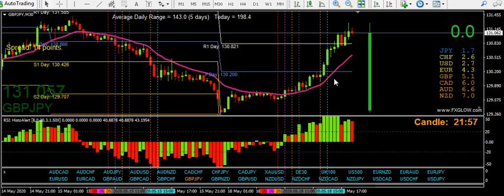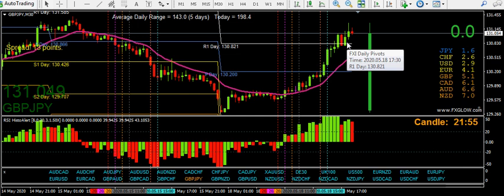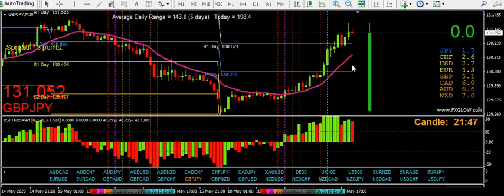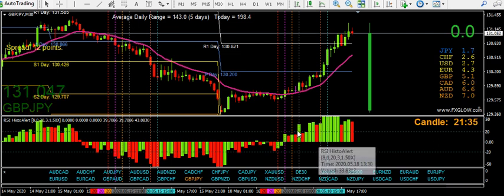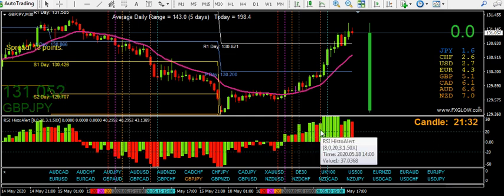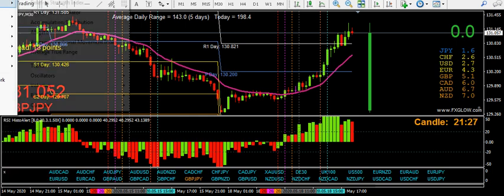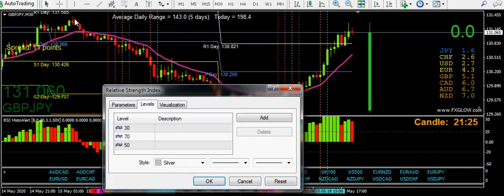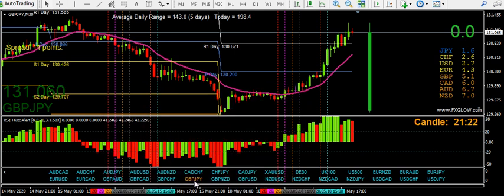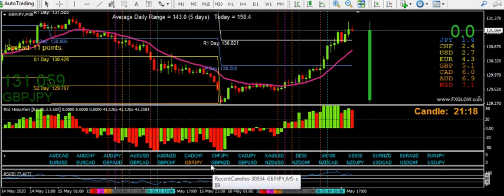So what I want you as novice traders to take from this is that there are thousands of opportunities on multiple pairs. I'm looking at pound yen. This hasn't even been on my radar today, but with an indicator as powerful as this RSI histo, it's only an RSI, but it's a lot better than an RSI in my opinion. If I put the indicator on there, I've done this before, but it won't hurt to do it while I'm just having a sort of roundabout discussion. If we look at this RSI